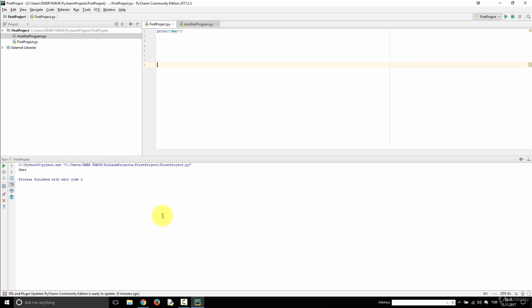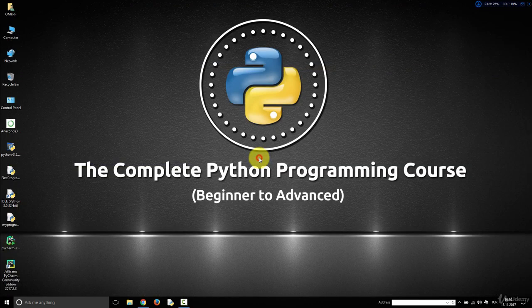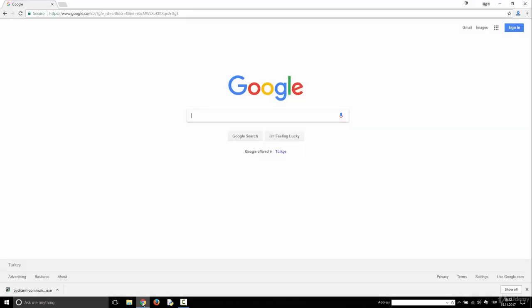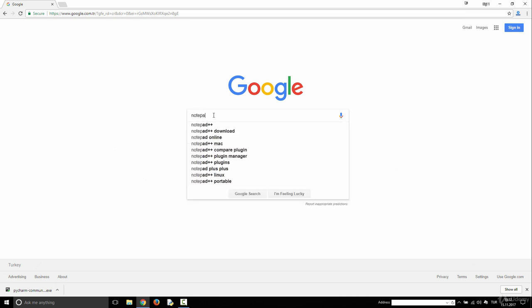This is how PyCharm can be used in our programs basically. So we will use PyCharm for some coding exercises, and we can use PyCharm where we need it. Now let's look at some other editors that we can use while writing our Python code. So I'm closing this. I'm clicking on the exit button. And I'm opening my Chrome web browser. I'm writing Notepad++. When I search it,